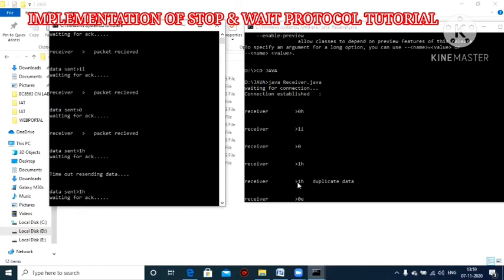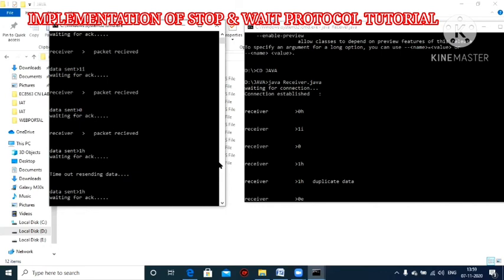That is 1H. So 1H is received here, because it already received the 1H and sent the acknowledgement, but the acknowledgement is not received at the sending side, the sender. Am I clear? That's why I am showing the 4 different scenario diagrams to you. If you still have any doubt, go through the diagram, then you can get a clear idea, right?